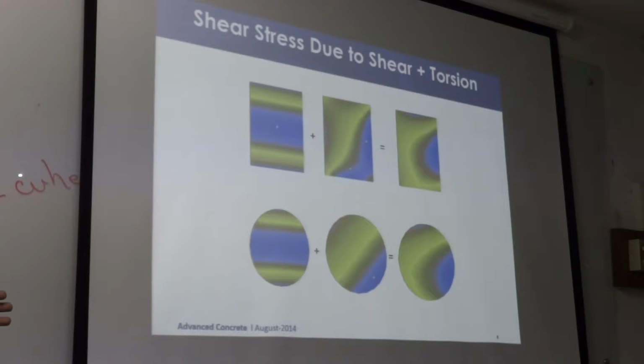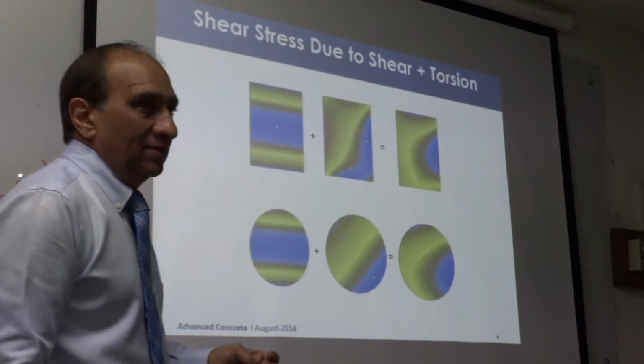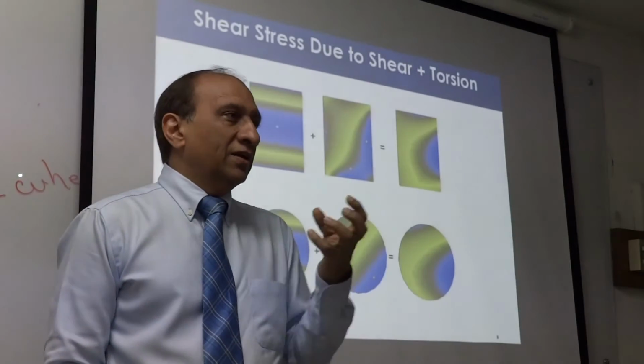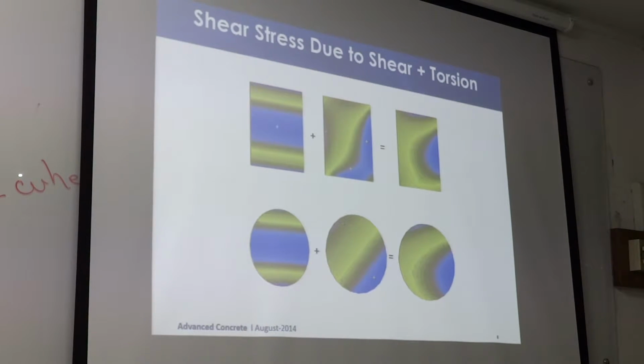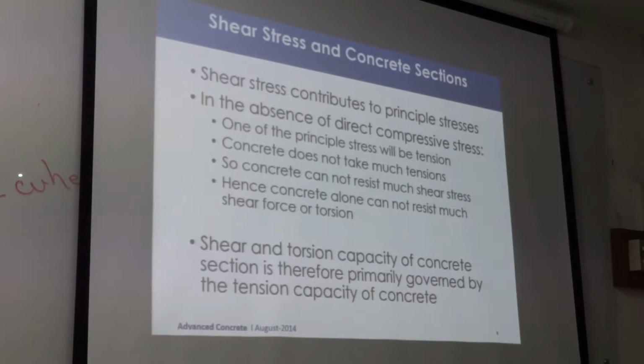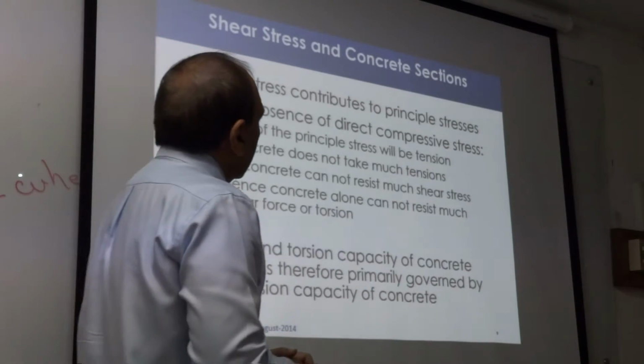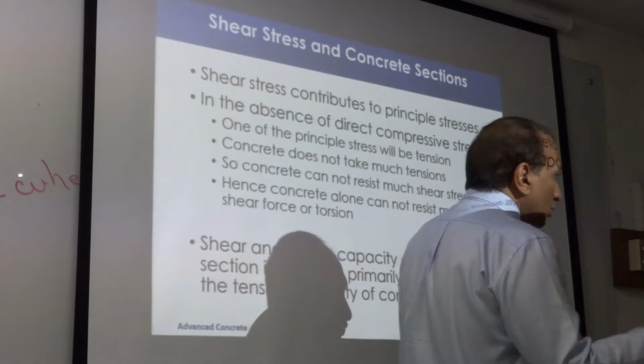Things are all shifted. The cross section is no longer the same. So because of those complications, we cannot use these things in real design. But they give us an idea where we are coming from, right? So shear stress distribution contributes to, now let's go back to our